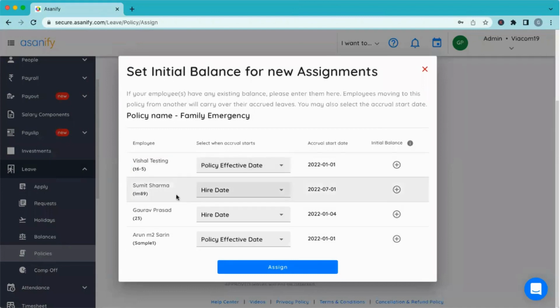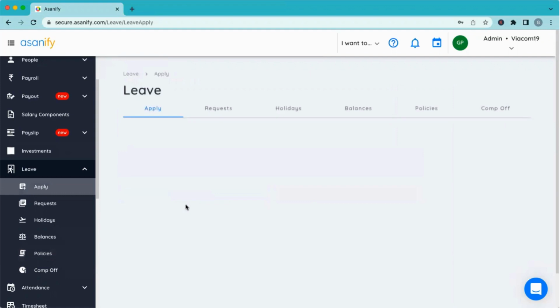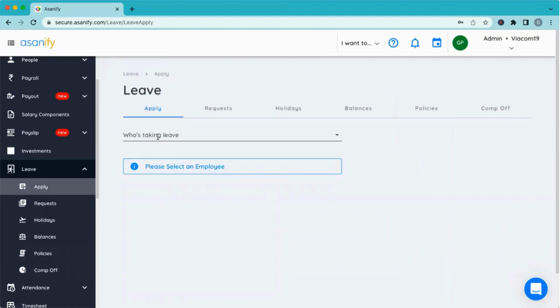The system will automatically see when the policy is effective from, the 1st of January when the policy started, or from the hiring date for somebody who might have joined in the middle of the year. And then you can simply assign this policy, and now my setup is done. Now let's just finish this flow: when the employee logs in and applies for leave,